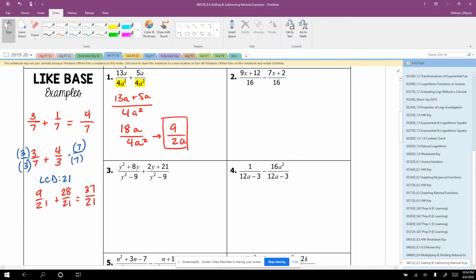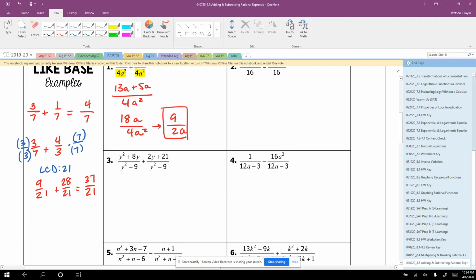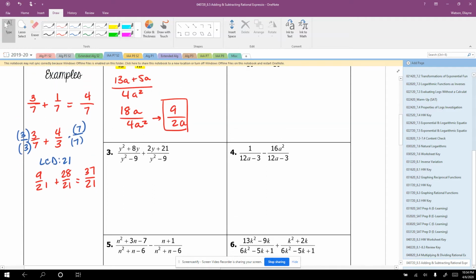Okay, now let's throw in something slightly different. Let's go to the next one right below it, number 3. So again, this is still like base, but the difference here is we're going to end up having to factor in order to simplify. Okay, so right now, same base. So what we can do is combine like terms, meaning we can add all of that across as 1. So it's going to be y squared plus 10y. Let's just go ahead and add those,